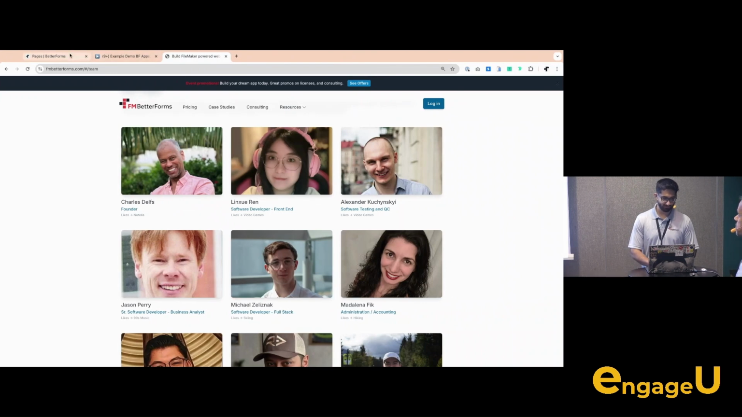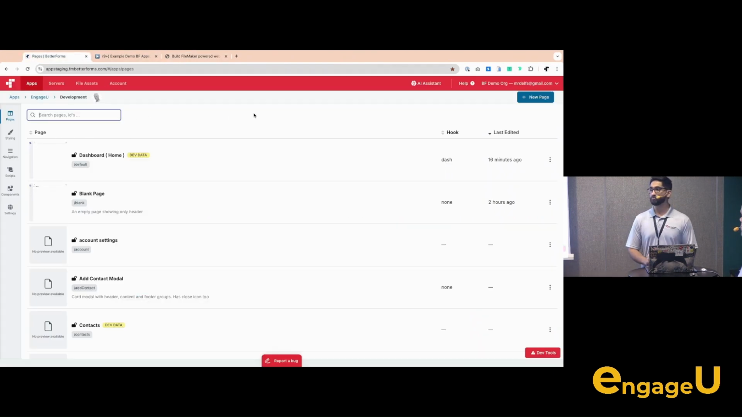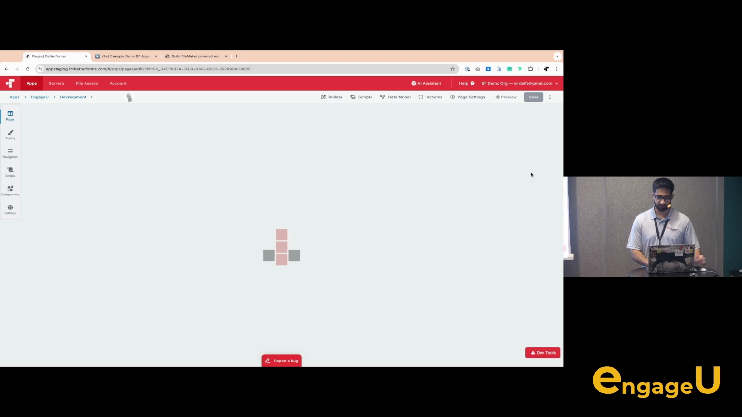One of the features we've been working on is a drag and drop editor, because we know a lot of people are FileMaker developers and not as well versed with the front end. So I'll show off the drag and drop editor first. Over here, if I go into my new editor,